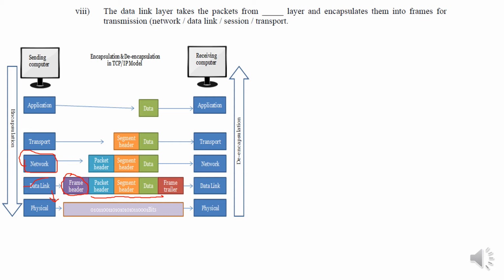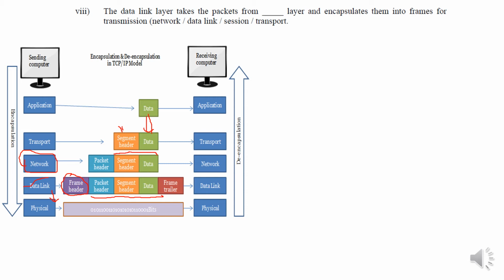And if we want to understand the whole process from the application layer, in the next TCP or transport layer, it adds the segment header. This part is data and this is the transport header. In the next section, this whole complete part becomes data for the network layer. It considers the whole thing as data, but the actual data is only this portion.